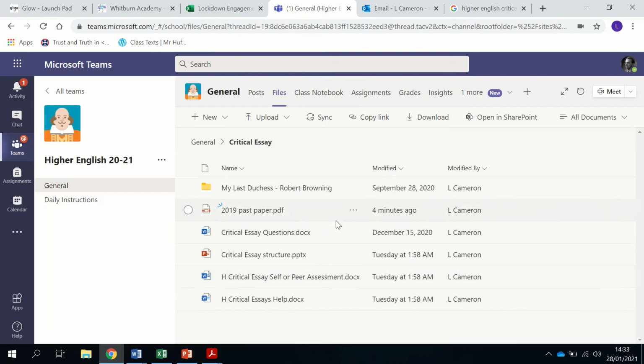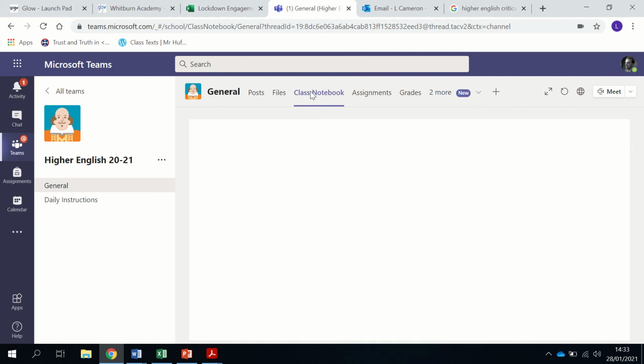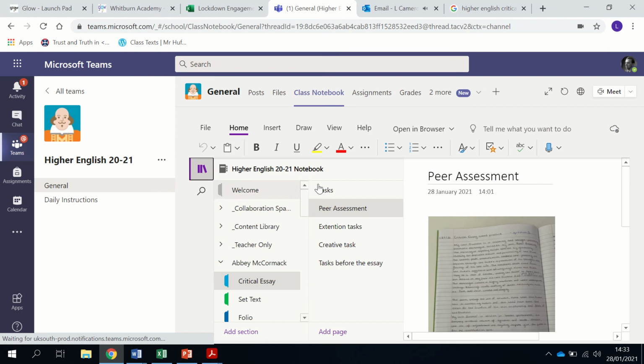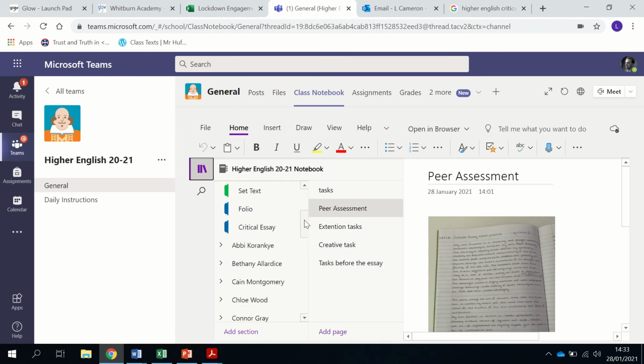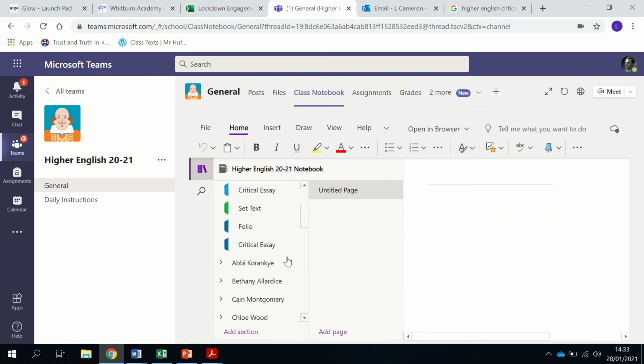Okay, so I'm going to close that down and I'm going to go up to class notebook and just show you what I've done. So if we go into class notebook, I'll show you an example over here. So I've split you guys into different numbers. So I want this peer assessment to be anonymous. I don't want any of you knowing whose work you're marking, and in the same breath, I also don't want the person whose work is being marked knowing